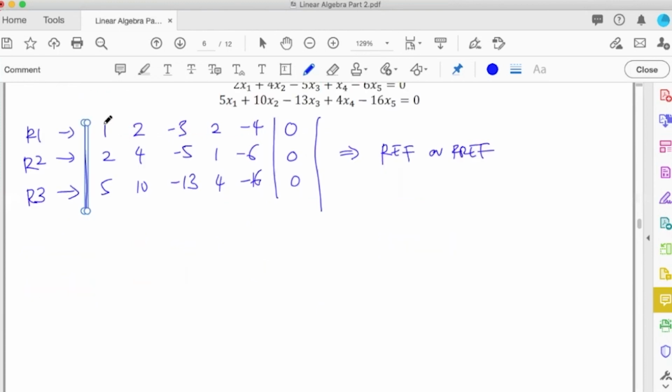Firstly, we look at our first coefficient from the first column. We have 1, so that's fine. And we move to the second coefficient, 2. We can change this to become 0. To do that, we take R2 plus row 1, but you need to multiply row 1 by negative 2. So if you add it to row 2, you will get